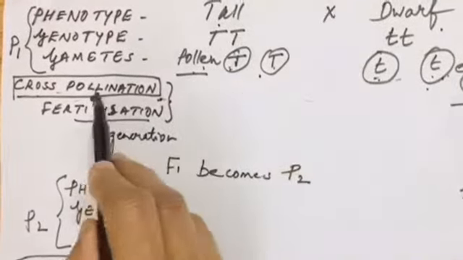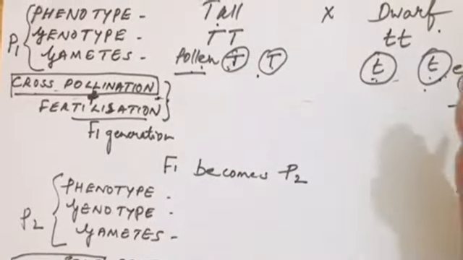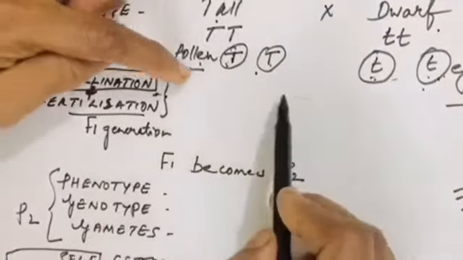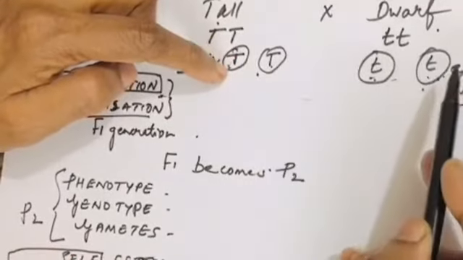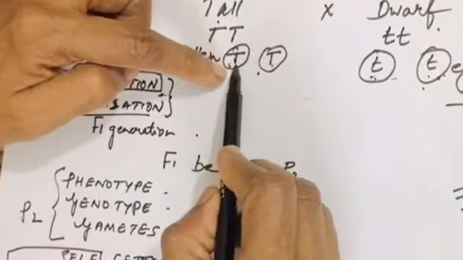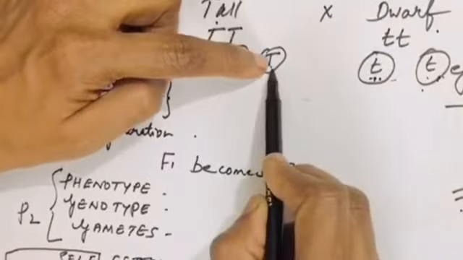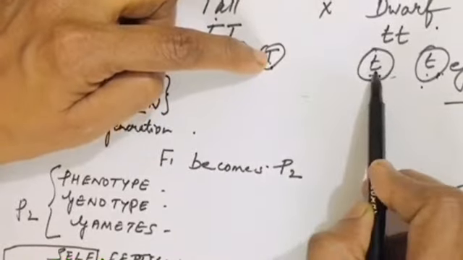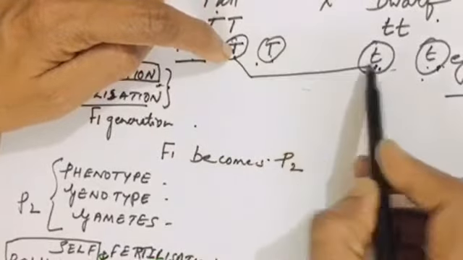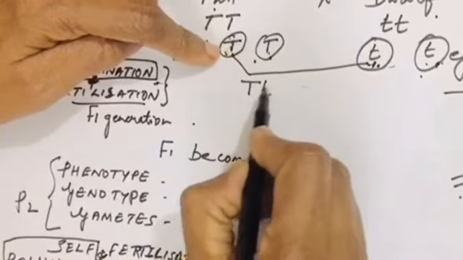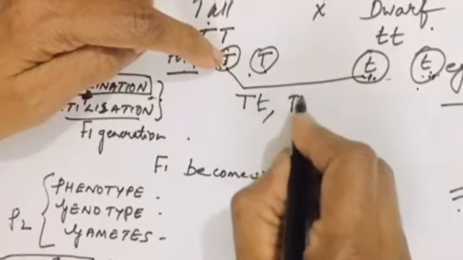Now let us see what Mendel did. Now Mendel is applying mathematics in science. Cross multiply it. To show the next generation genotype, he did cross multiplication. So the first capital T you have to pair with the small t, another small t. Then the second T will pair with the first small t and the second small t. So this is what you have to do. So first T, let me pair with this. It will be capital T, small t. First T again will pair with the second one, so it will be again capital T, small t.